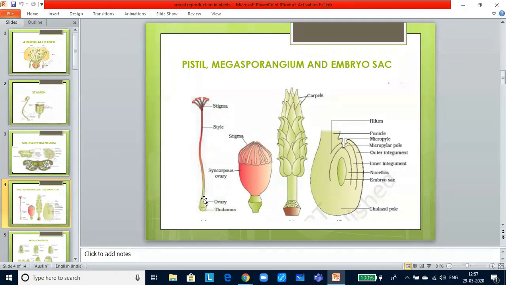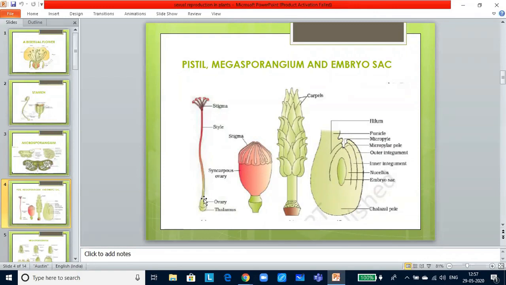Now let us look at the megasporangium. An angiospermic ovule is a small structure attached to the placenta by a stalk called the funicle. The point of fusion between the body of the ovule and the funicle is called the hilum. Hilum is the junction between the ovule and the funicle. The protective envelopes surrounding the ovule are called integuments. Integuments encircle the ovule except at the micropyle, an opening at the tip. The end opposite to the micropylar end is the chalaza that forms the basal part of the ovule.